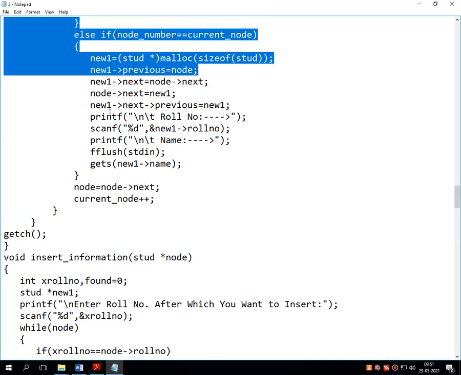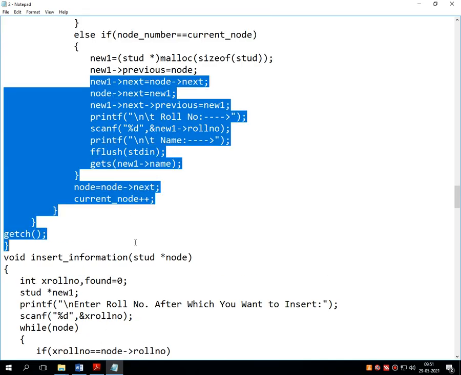Then go for the remaining lines of code for insert underscore specific location.